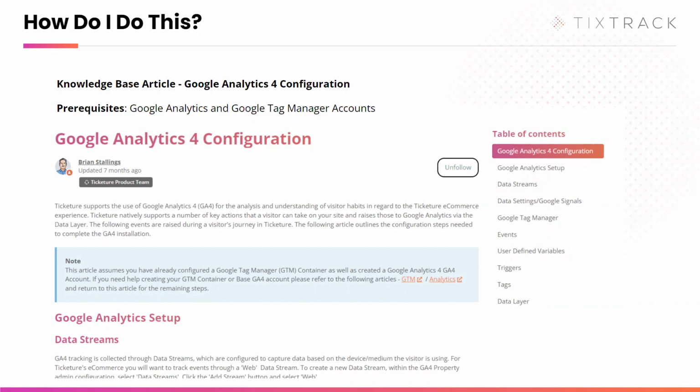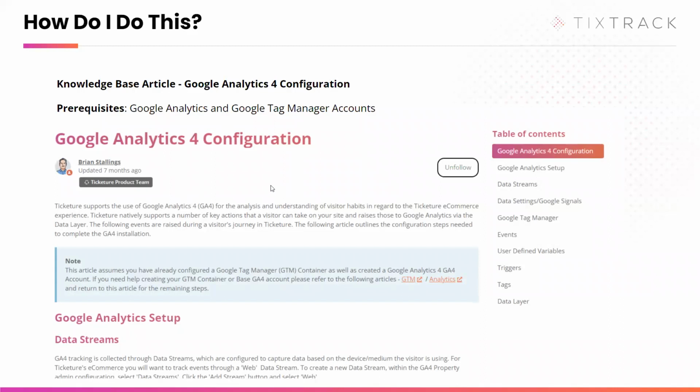Although I did spend some time on the Google Tag Manager side and made a container that can streamline the whole process and make it a very, very efficient effort to configure all the tags on the GTM side. And then Google Analytics is just setting up the stream ID and some basic stuff. But all that is outlined in this analytics article. Once I've confirmed that the container does exactly what I want it to do, then I will post it up here on this knowledge base article, as well as probably on the post for this webinar, and let everybody know that that's out there. But there are two prerequisites.